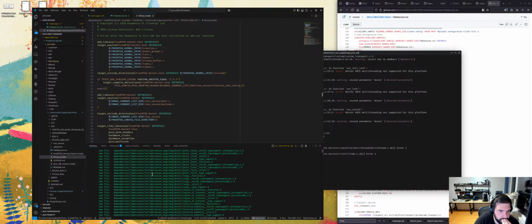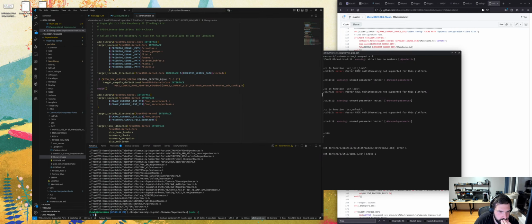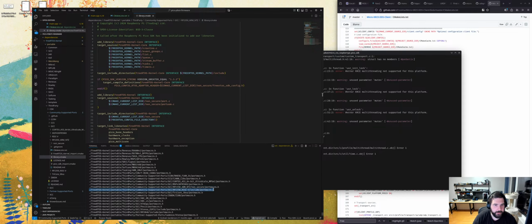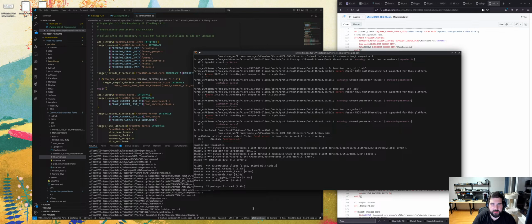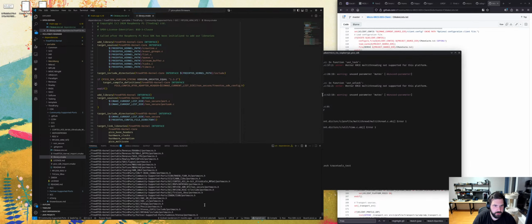Let's see. Oh, ew. Third-party community supported ports, RMNTC non-secure port macro. Okay. It definitely wants that. Okay. Yeah,